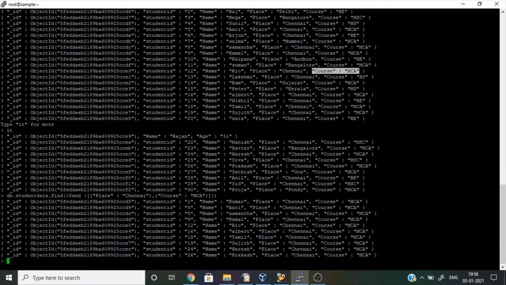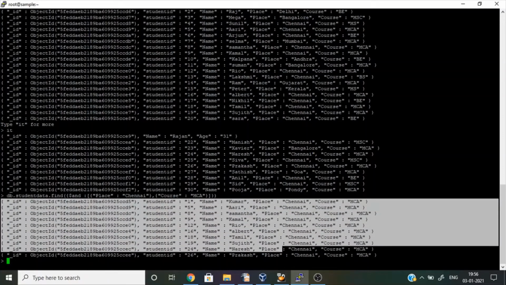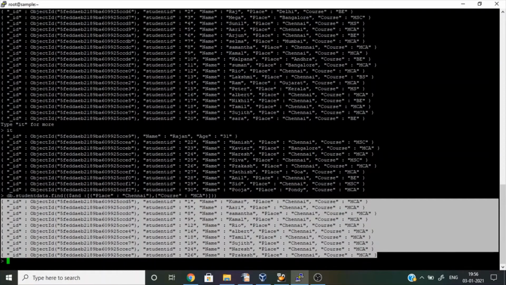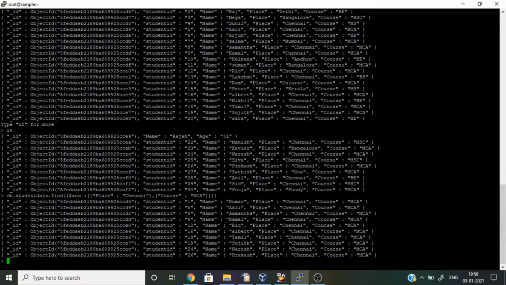You can see it here. We just used the AND statement as a filter. It shows the data with the condition place equal to Chennai and course equal to MCA. If you want it in a formatted way, you can use pretty.